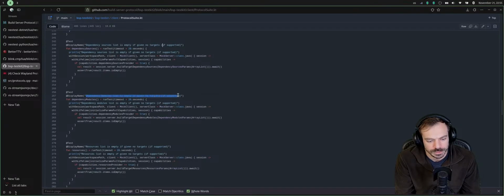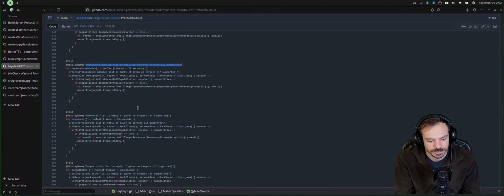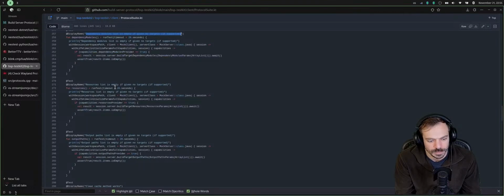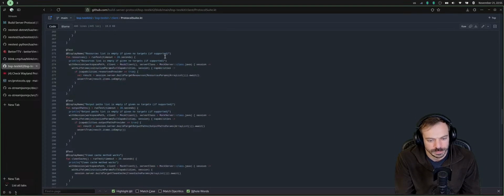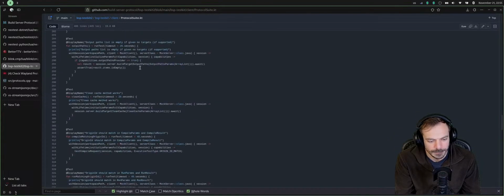Dependency modules list is empty if given no targets. Resource list is empty if given no targets if supported. Clean cache method works. Output paths list is empty if given no targets if supported.